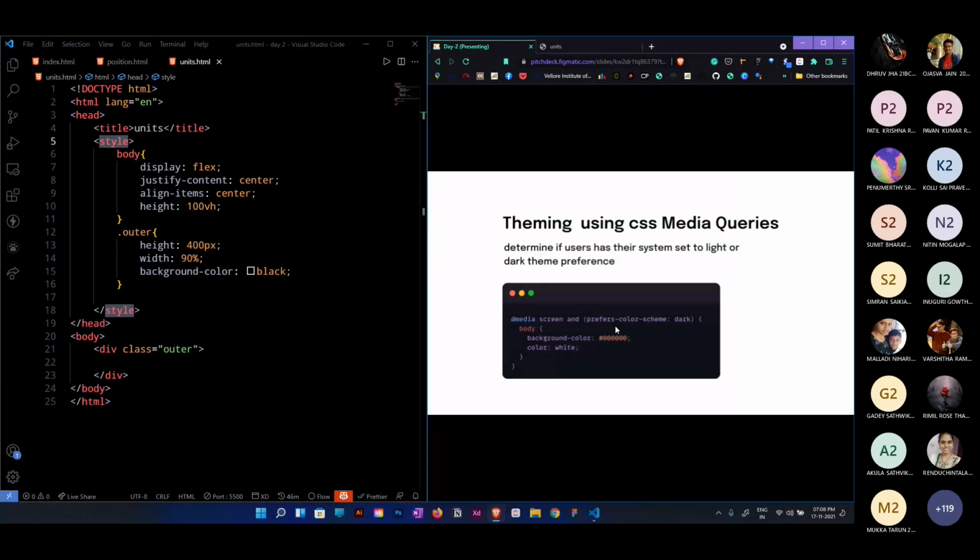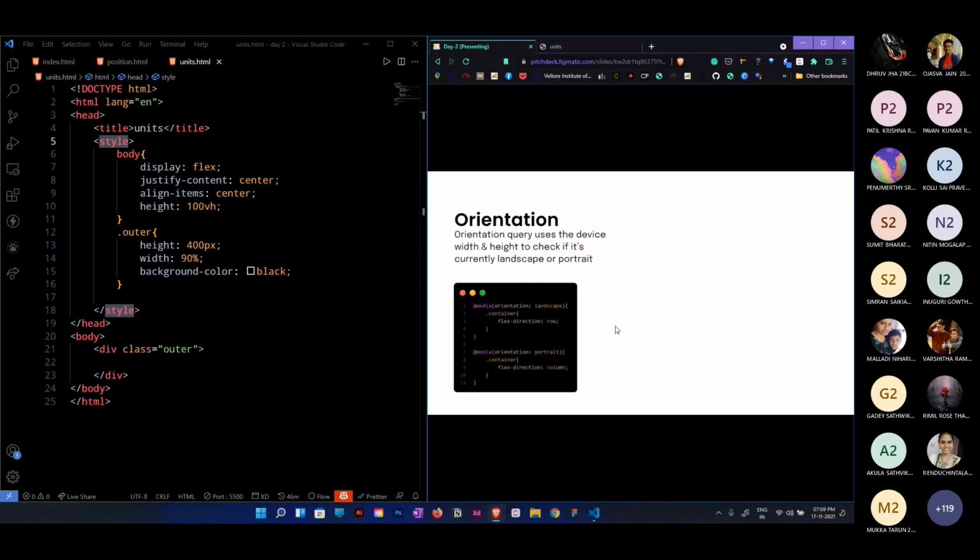Also, we can use media queries in that way too, and also to check which orientation the mobile phone is in. Some people use the mobile phone in horizontal, landscape direction, and some in portrait mode. You can also differentiate stylings on those. If you observe some websites, they appear in one particular manner in landscape and in another particular manner in portrait. And this is how they do that.